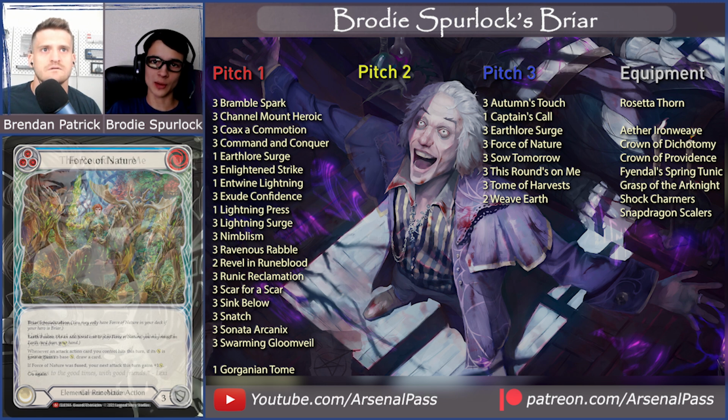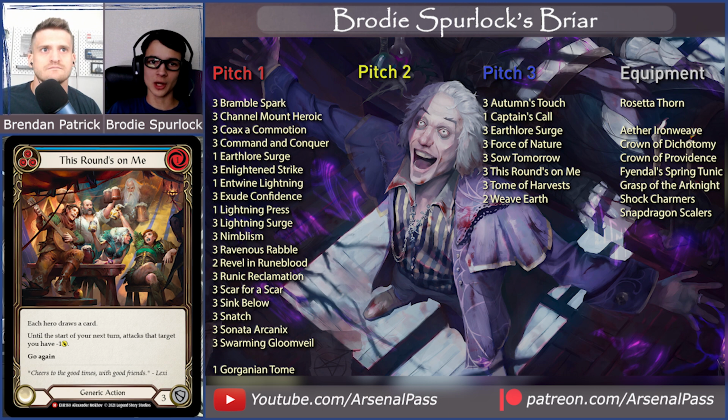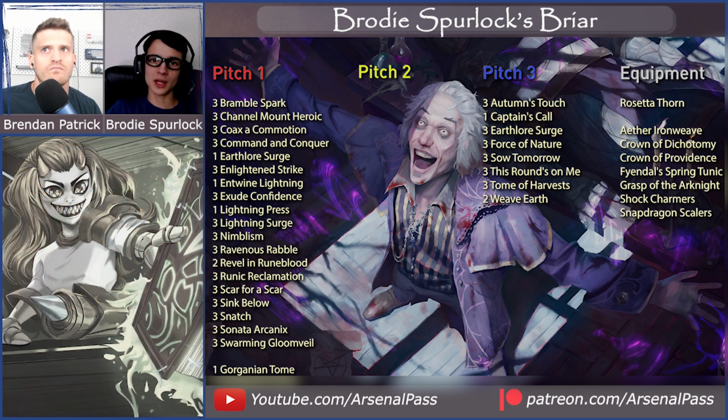And the other exception is This Round's on Me. That card is another 4 block with an embodiment blue that is mostly there to tech against Fai. If you play This Round's on Me on turn 0 going first against Fai, it's remarkably powerful. It's kind of just like a free 4, sometimes 5, 6, maybe 7 damage, and it can also be nice later in the game. But yeah, outside of those two exceptions, you just play all of these zero cost reds